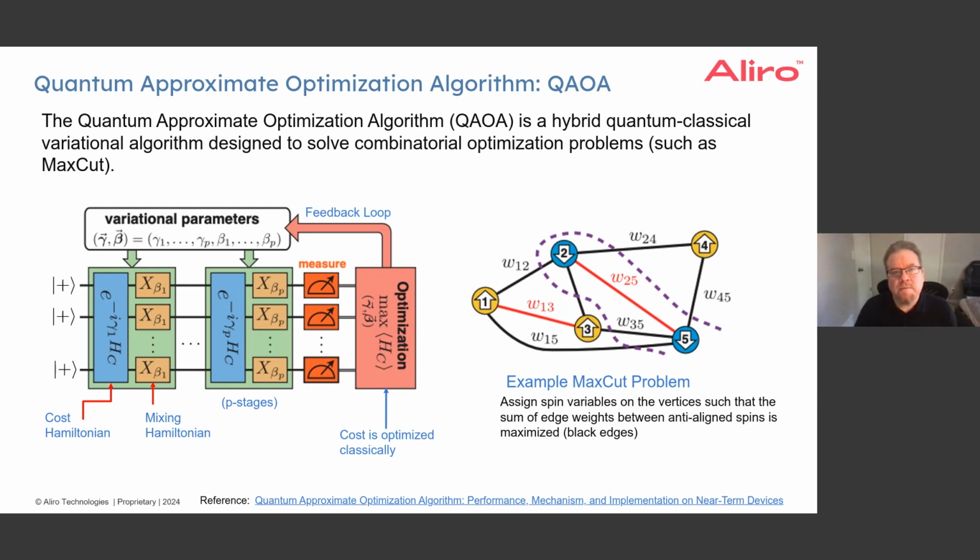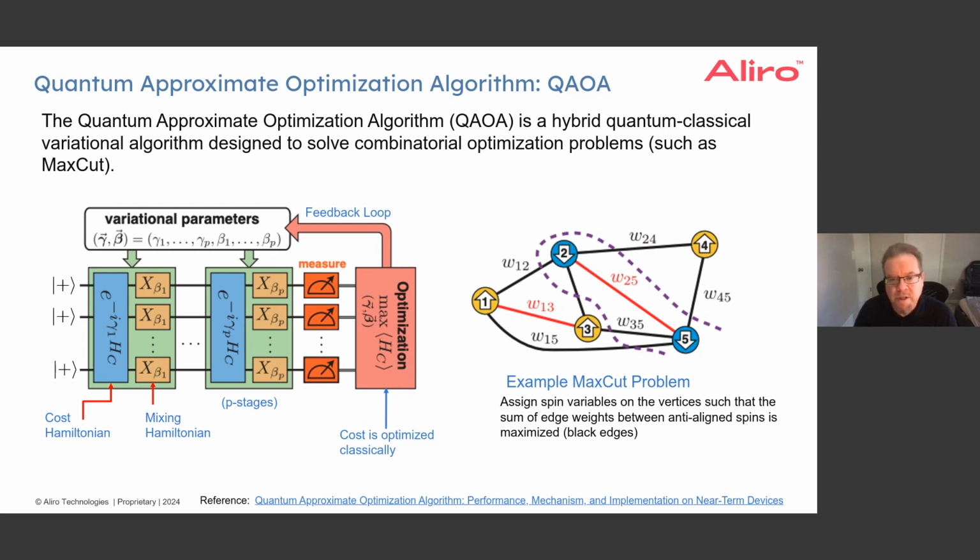Okay, so the next hybrid algorithm or variational quantum algorithm we're going to talk about is QAOA. So this is also a hybrid system with a classical and a quantum part. Here we also have a feedback loop between the quantum computation and the classical optimizer. In this case, the focus is not as much on quantum chemistry, but more on optimization problems that are discrete valued,